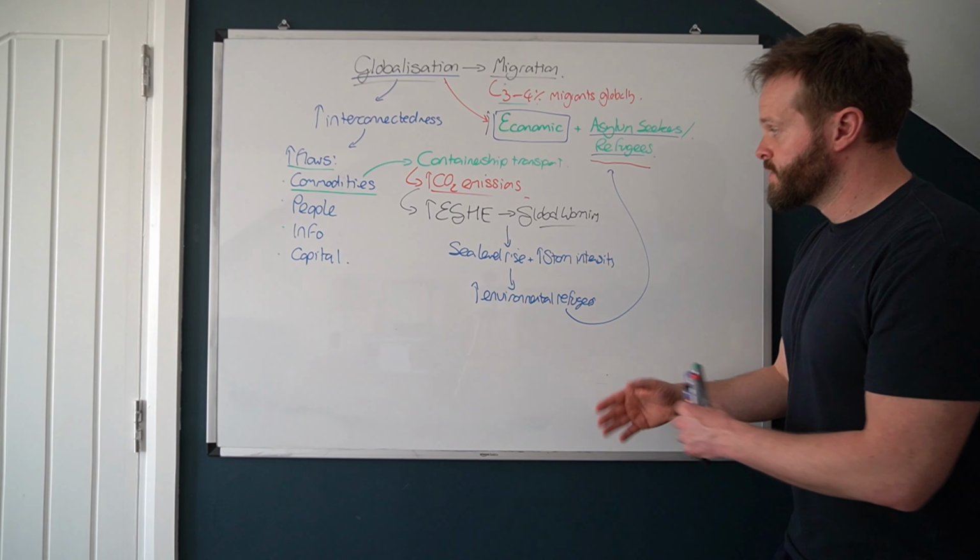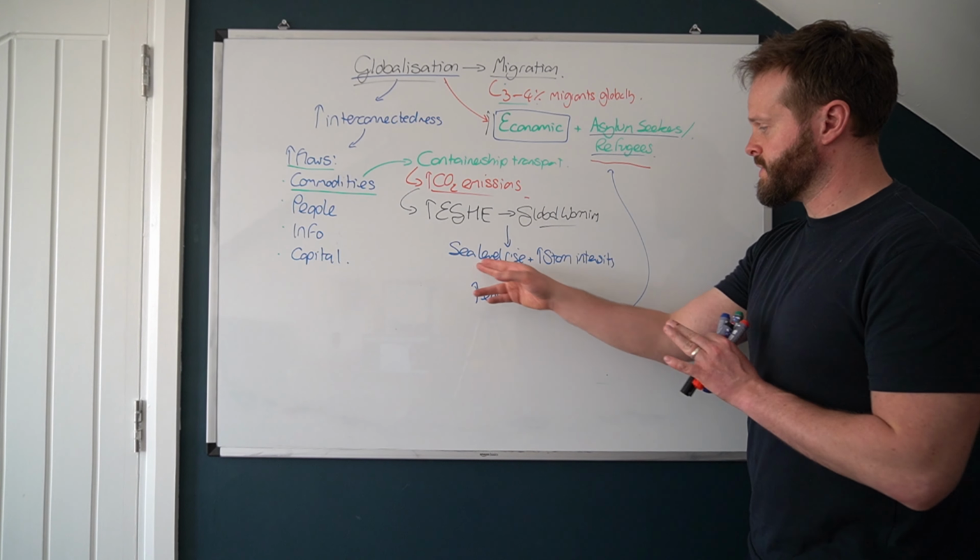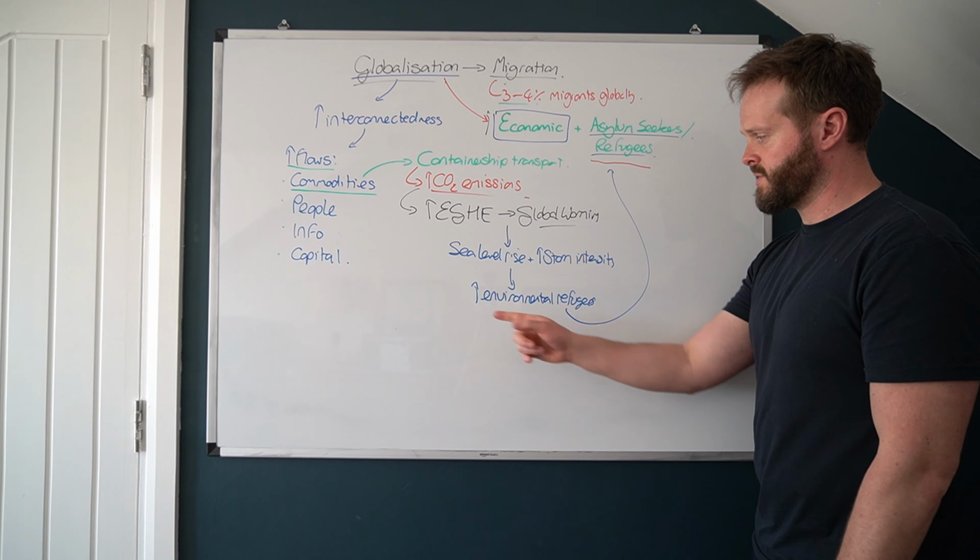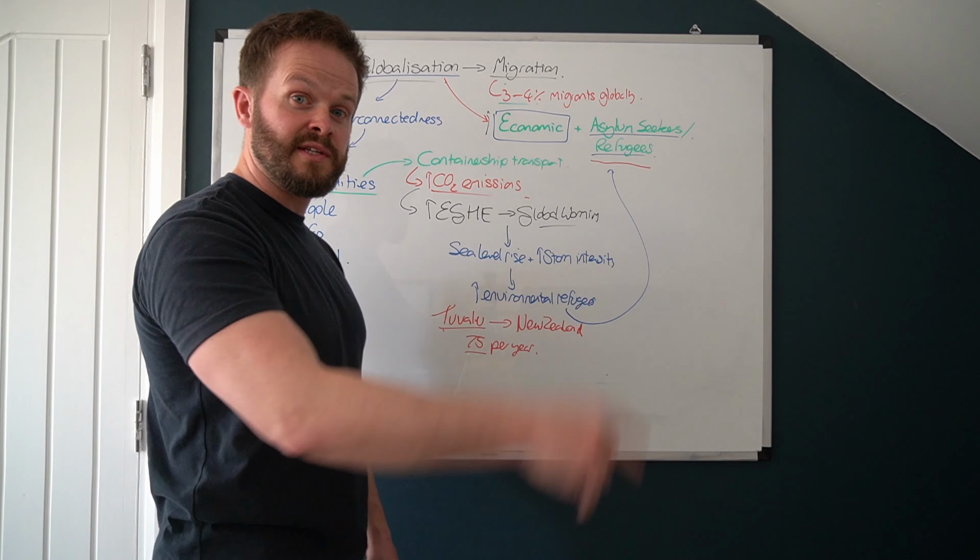With global warming, what you get is increasing sea level rise, increasing storm intensity, and you're increasingly getting environmental refugees that are having to move from certain countries to other countries. Case in point would be somewhere like Tuvalu, a small island developing nation, who are having to move to New Zealand gradually, slowly but surely, because of the loss of land in Tuvalu. New Zealand offers citizenship to 75 people per year. So not enormous amounts, but it is a way that globalization is leading to increased international migration.